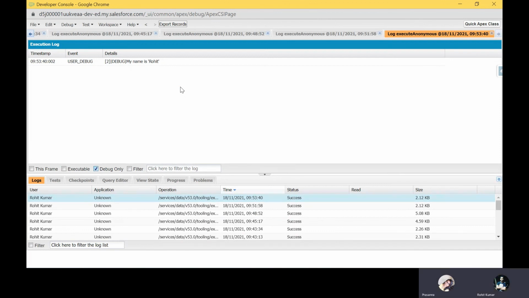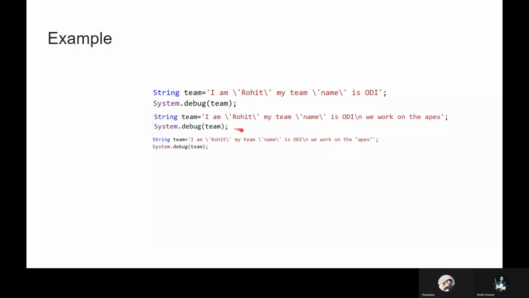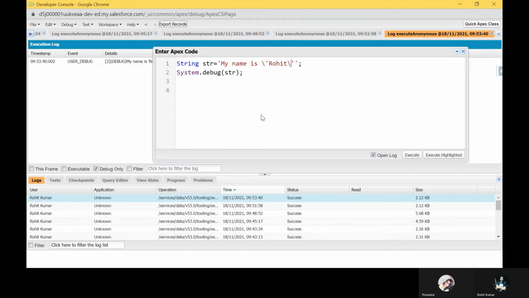So if you want a single quote or double quote in a string, you can use an escape sequence. Now my requirement is a double quote. How to make a double quote? I have another string, string s1, 'This is Apex training', and I want the double quote to look like this.